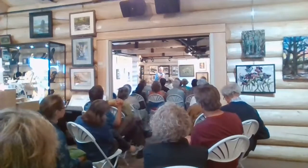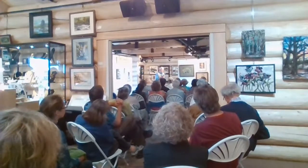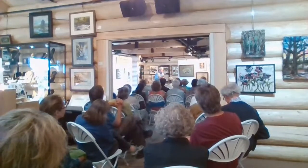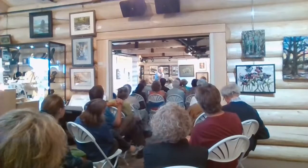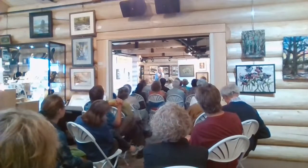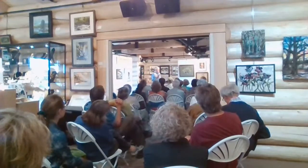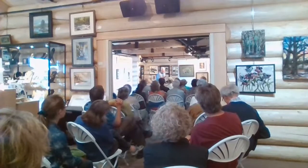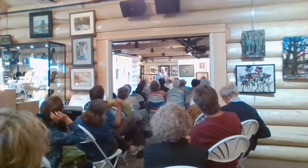And it's fascinating when you've seen the prints to then see the block from which the print is made. And I get the same feeling when I go into Tracey's gallery studio up the hill and look up at that ceiling. If you haven't done that, next time you're in Betsy's gallery, go look up at the ceiling between the log joists and you'll see what I'm talking about. Okay. These blocks,